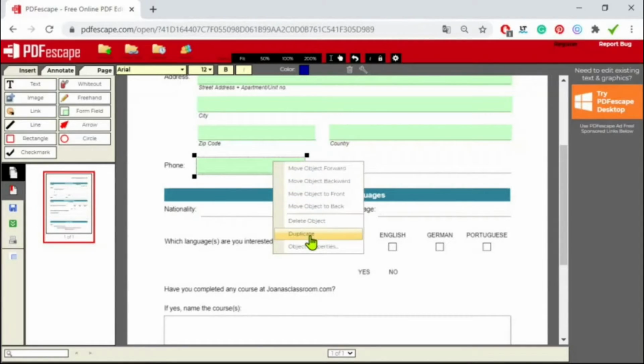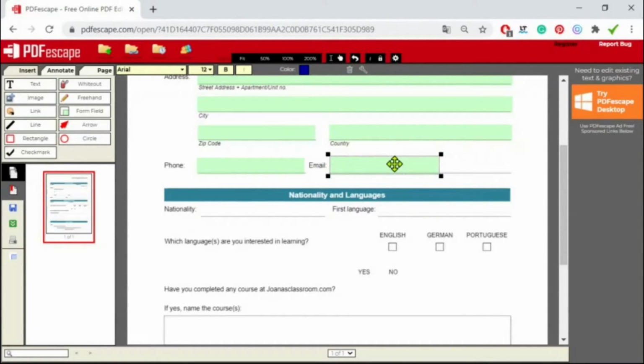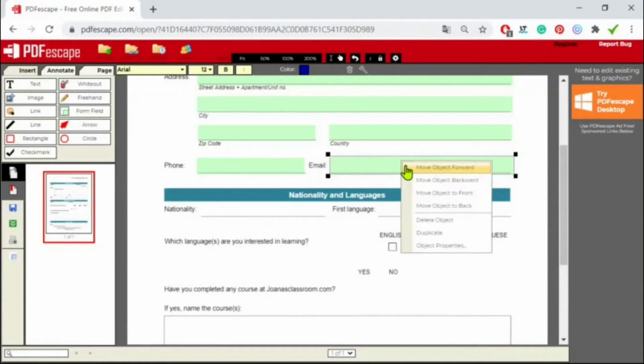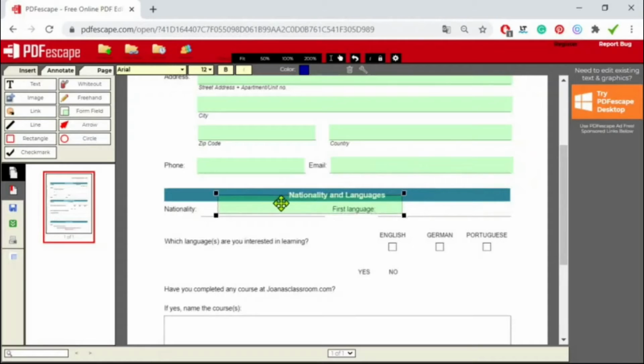Hit duplicate again, drag and resize, hit duplicate again, go down here, resize your box, and hit duplicate again, go to the right and resize your box.